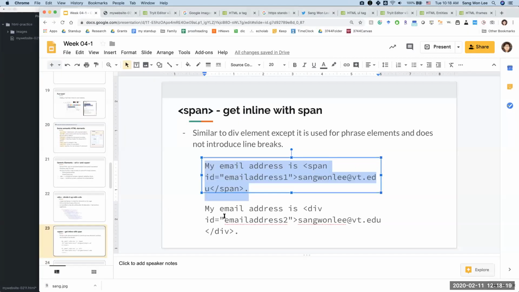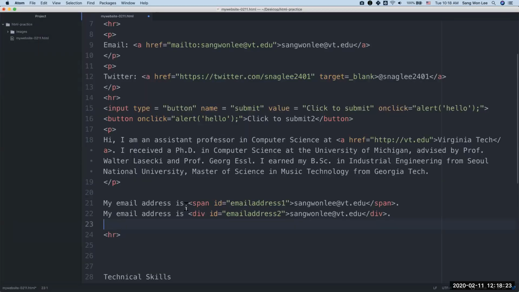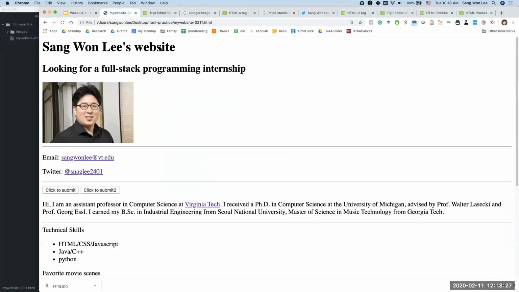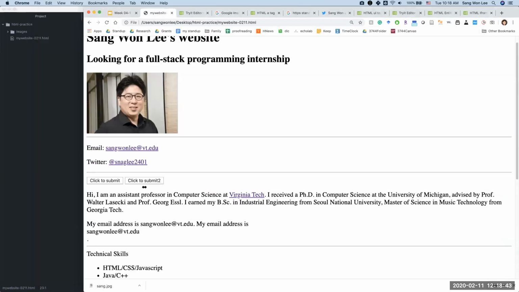And then this one, I want to put right after this. So let me save it and see what the difference is. The difference is that span element is not going to add any line break, but div element is going to add a line break before and after. So if you remember the code,